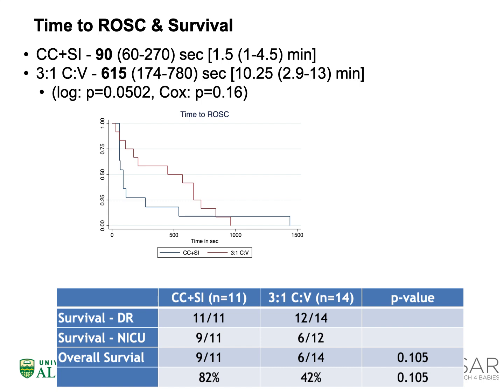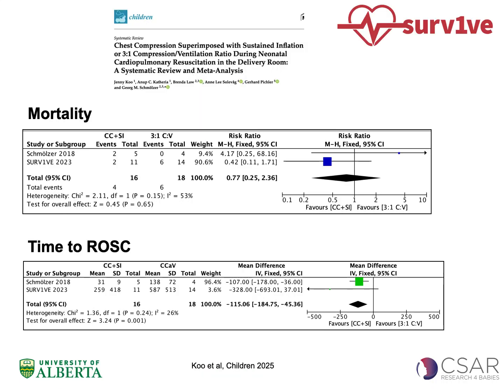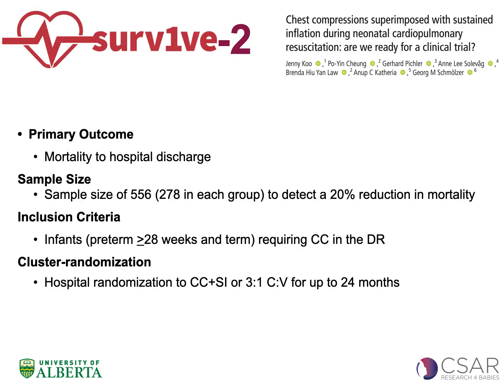We were recruiting only 11 kids with CCSI and 14 with 3-to-1. A meta-analysis we did just reaffirmed the results from the 2 individual trials that the time to ROSC is significantly less with CCSI, in this study by around 2 minutes on average. Mortality was not different. But this information was good enough for us to do the next step, which is SURVIVE-2,